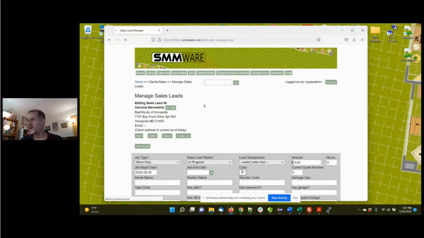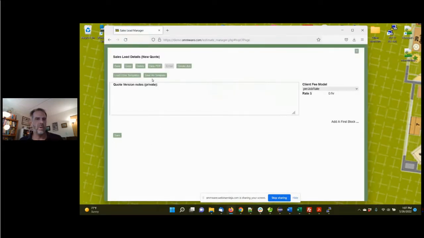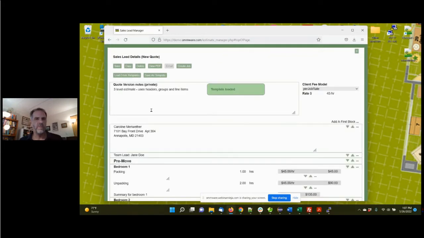We also have a system for providing quotes. So if you want to give them a quote, you can start the process here. We offer a system of templating. This is what a 3-level template looks like. And again, you can create your own templates. You can say small, medium, large jobs. You can say downsize and pack, or just strictly the sorting and organizing, or however you care to arrange your